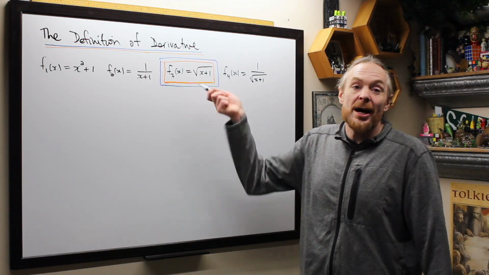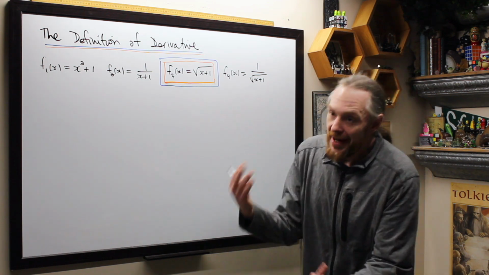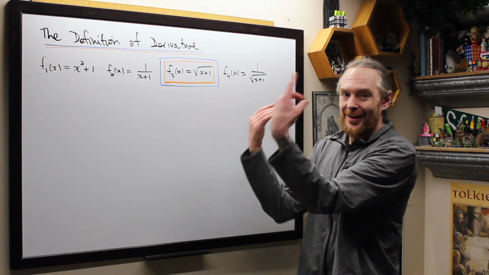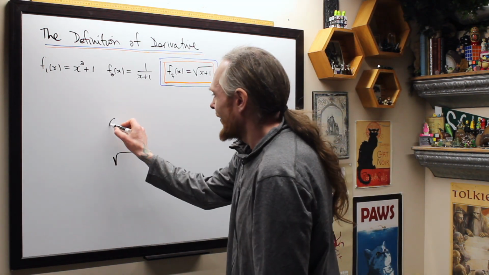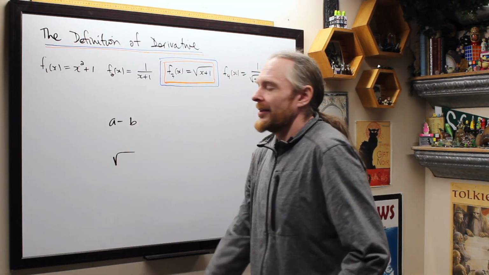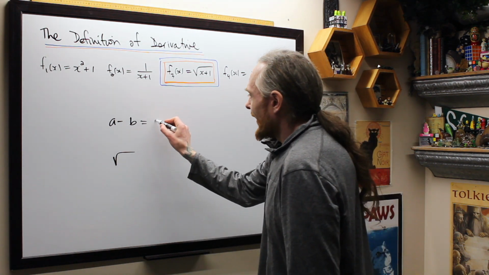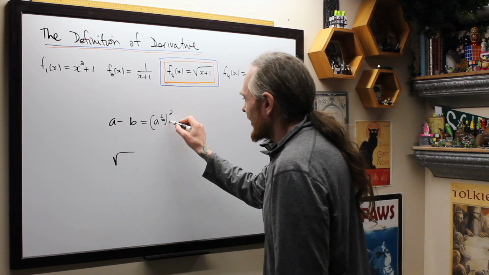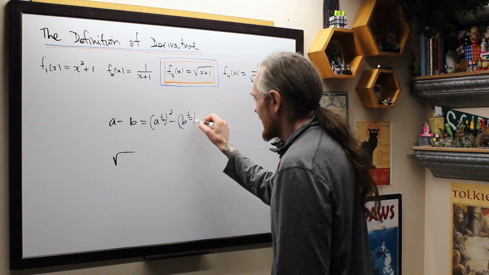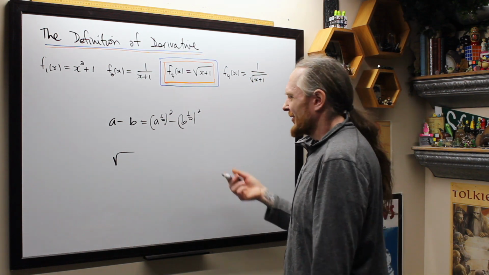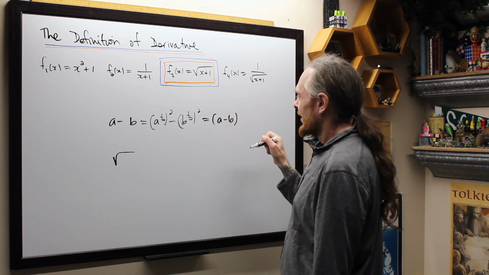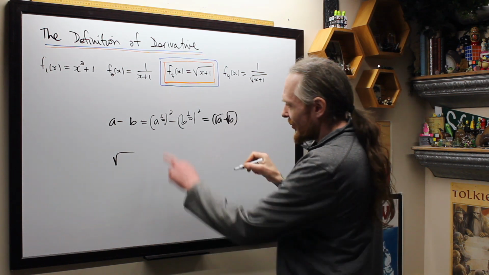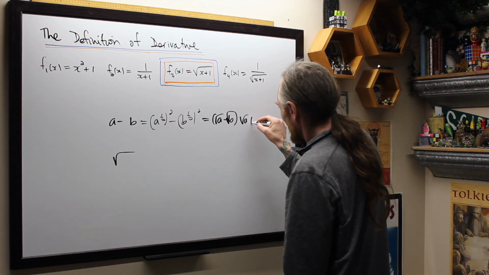The third one is now a radical. How am I going to get an h out of the top? I'm probably going to conjugate that. It will get rid of the square roots. Quickly, what I'm using is every time you have a minus b, that's cleverly a to the 1/2 squared minus b to the 1/2 squared, assuming they're both positive, but whatever. And then what do I have? A minus b